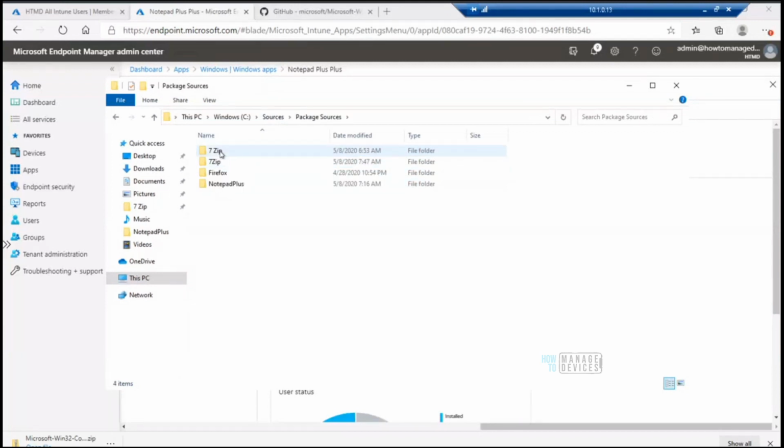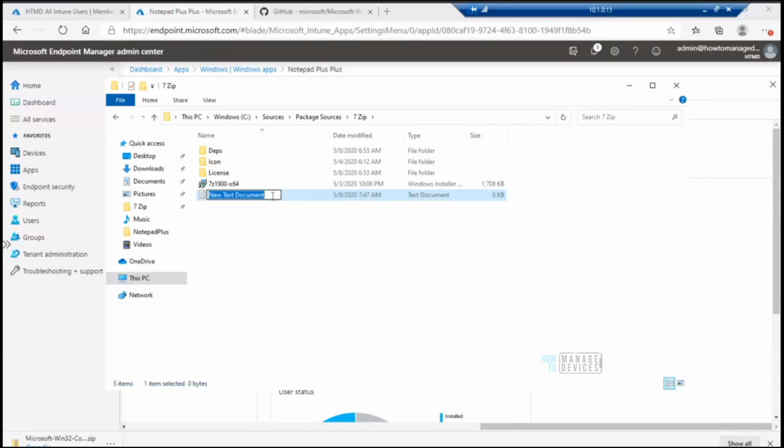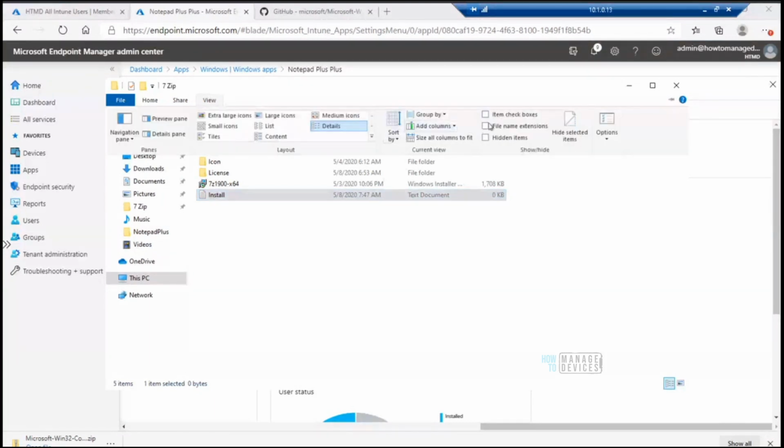Let me take this example, 7-zip. I have a batch file. I created a batch file over here. I will say this is my install.batch. This is just an example, it is not going to work anyway. So I will change the extension of this.